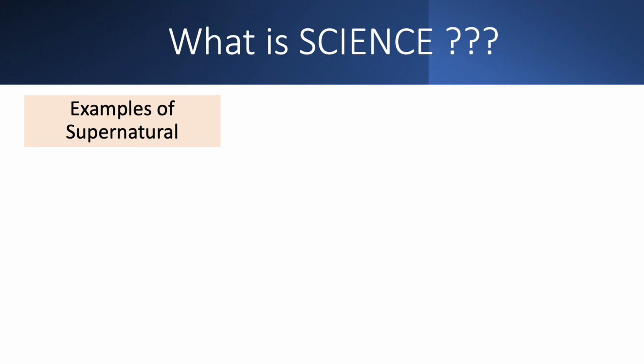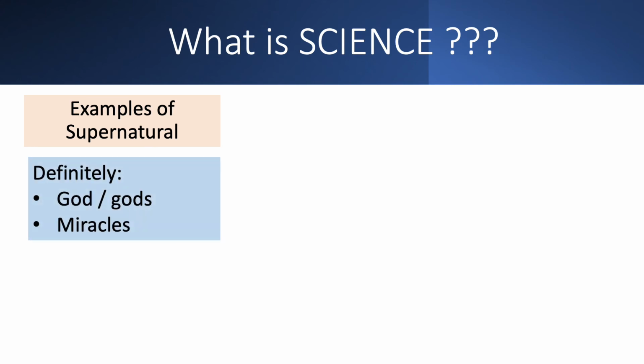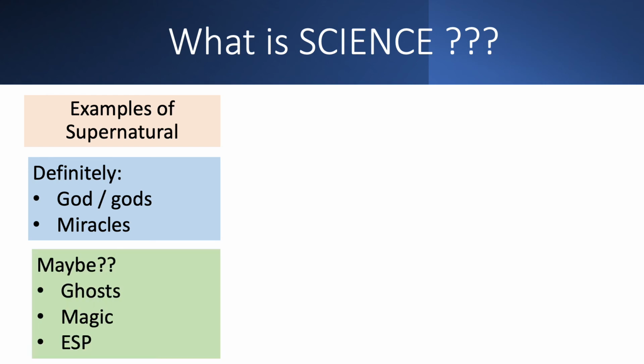Some examples that are definitely supernatural would be the idea of a god or gods, however you might want to believe in that. A lot of people believe in a god that can do anything, basically. God can create something out of nothing. The idea of miracles: if you think about what is a miracle to you, it's something that shouldn't happen. Basically, miracles are where the rules got broken. And science believes the rules never do get broken. We may not understand the rules perfectly, but you can't break them. Maybe something supernatural can.